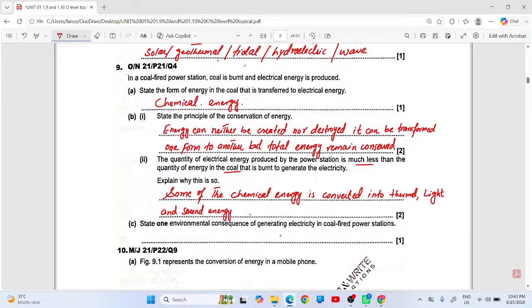Some of the chemical energy is converted into thermal, light and sound energy, and also